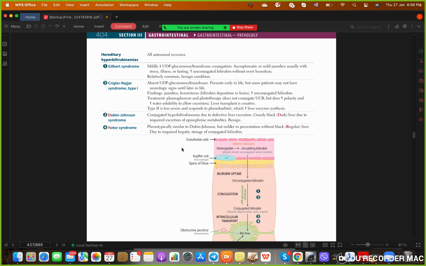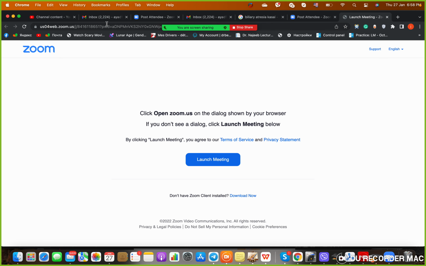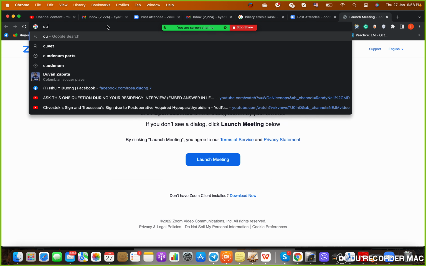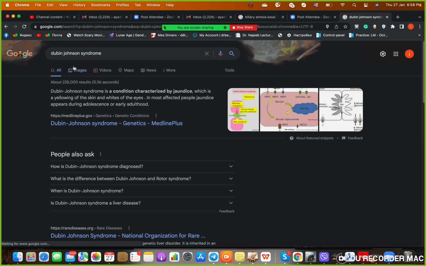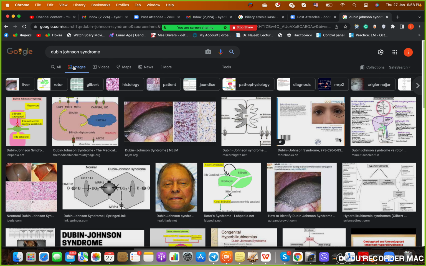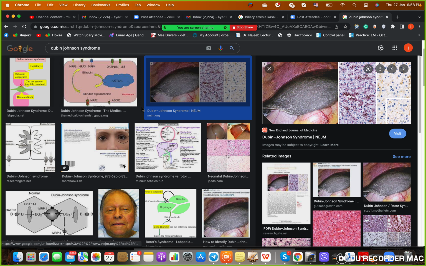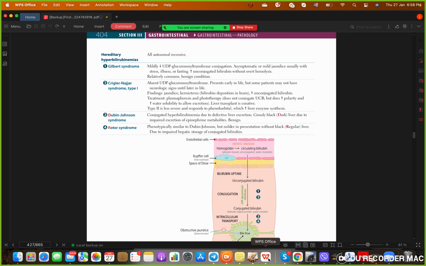Dubin-Johnson syndrome. I want to show you one picture that they might show you on the exam. They like to show you a picture of the liver, and the liver will look something like this, which is jet black, okay? When you see a black liver, that is the problem you are looking for. So the next thing, yes, it's a conjugated type of disease, so you will have a conjugated hyperbilirubinemia, and it's due to a defective